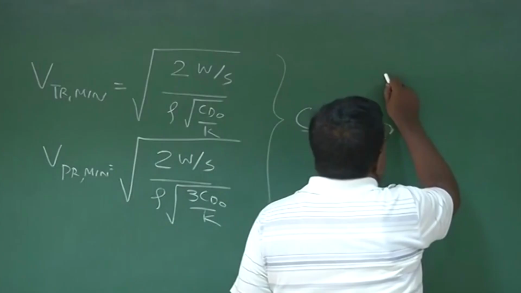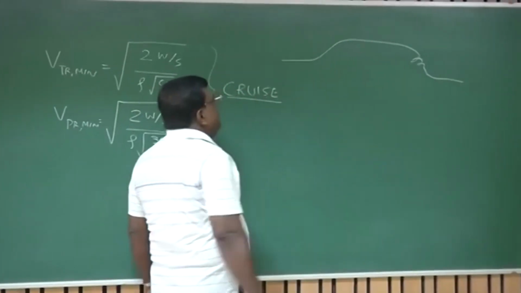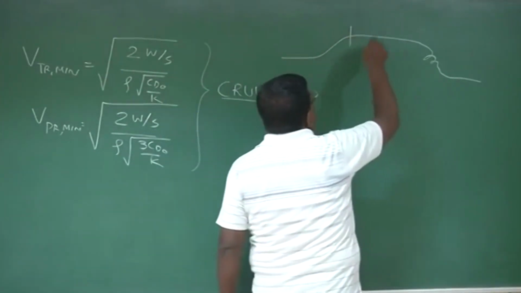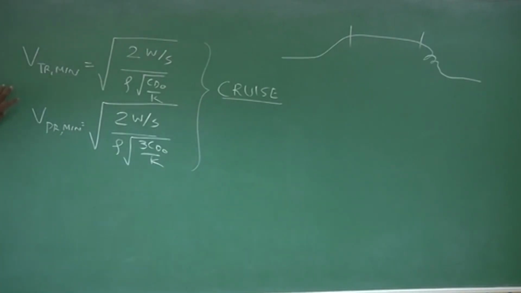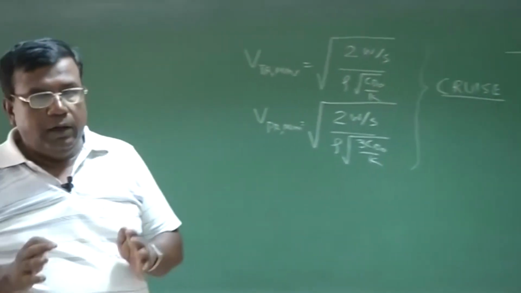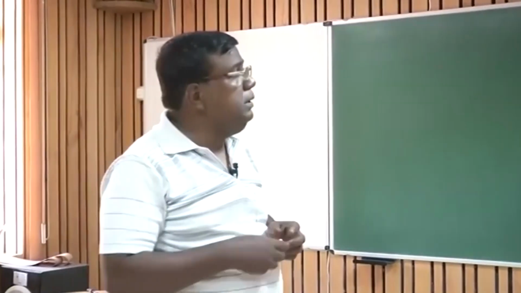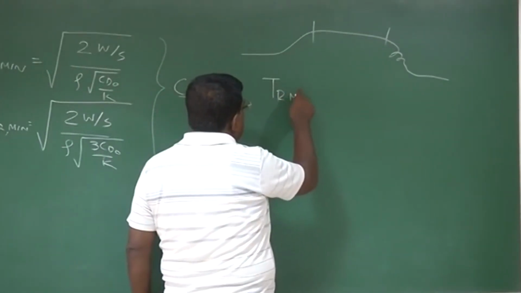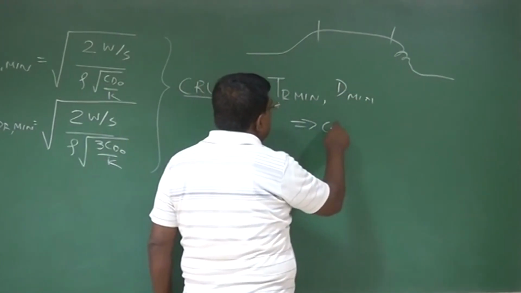Pictorially, these are the schematics of different flight paths an airplane will take, and we are concentrating here on the cruise phase. So the message here is very clear for a designer. If I want to fly the machine in cruise and ensure that thrust required is minimum, that means drag is minimum, then I need to fly at a CL such that